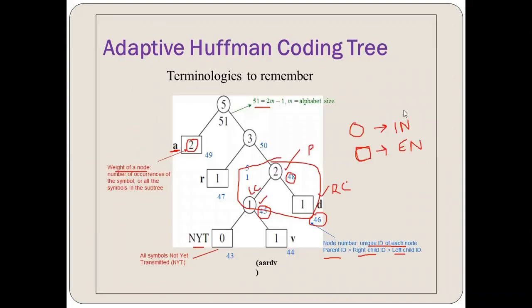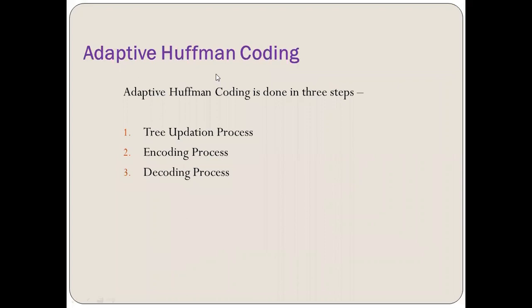So these are the things which you need to remember in this process. And next thing is that I have already told you this adaptive Huffman coding will have 3 processes. First one is the tree updation, then encoding will take place, and then the decoding process is done. So I have told you all terminologies, all formulas, all parameters which are going to be used in these 3 processes. So you should be well aware of these things. So that's all for today's session. Thank you very much.